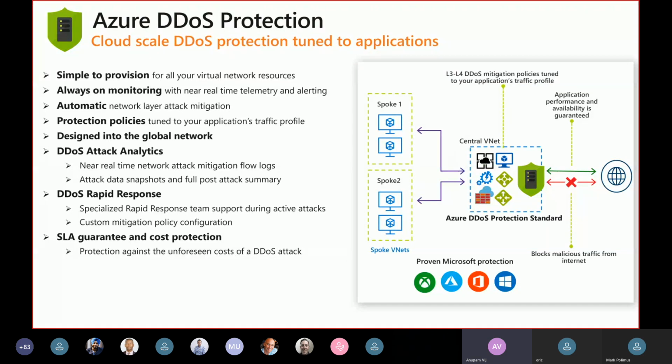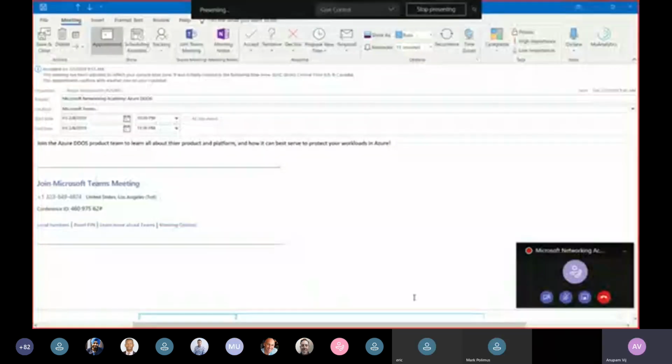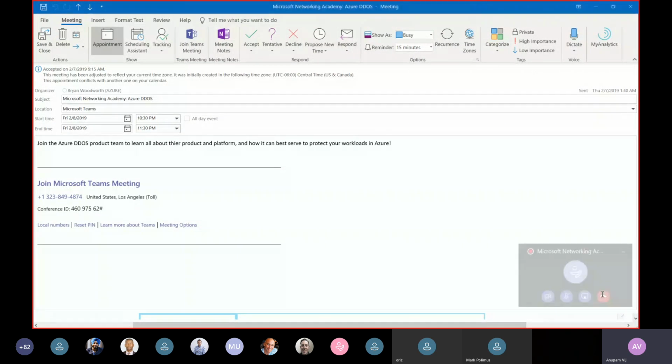And we provide the network layer mitigation such that whenever we detect that there is a DDoS attack happening against your application, we will provide automatic mitigation against those attacks happening at the network layer. The DDoS service is designed into the global network such that we leverage the global scale of our Azure SDN, which is in 54 regions,